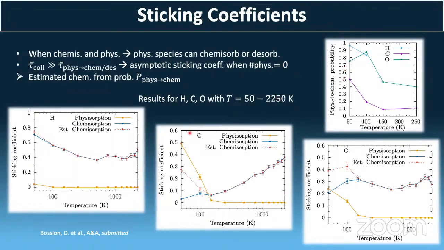And this is actually very important, because if you miss this part, you obtain a chemisorption that goes close to 0. If you include it, you can see that the sticking coefficient is actually increasing at low temperatures. So typically in some experiments, the time over which the experiment is done can change the value of sticking you obtain. And this asymptotic value is giving an infinite time estimate.